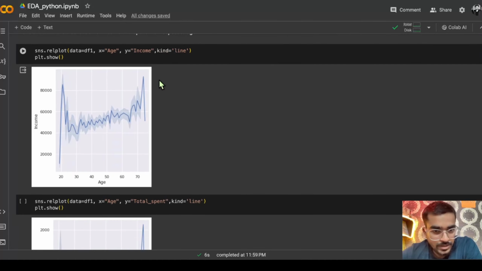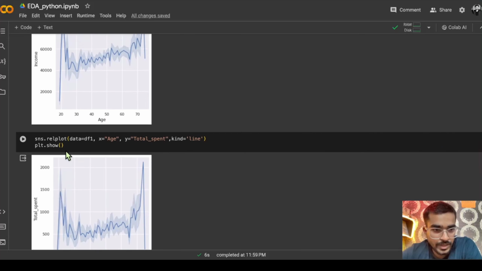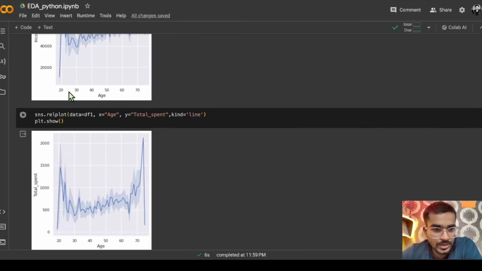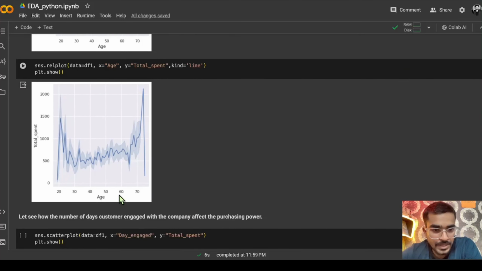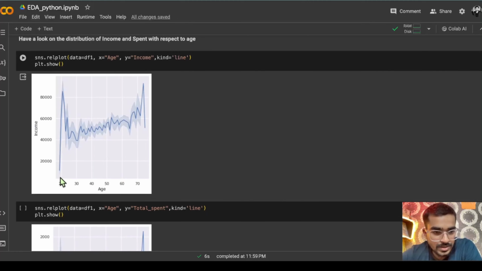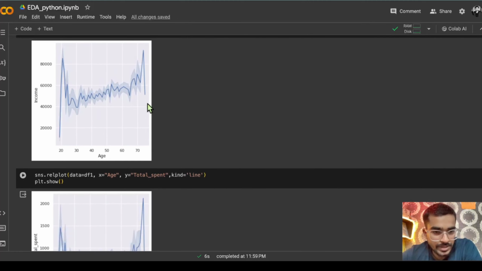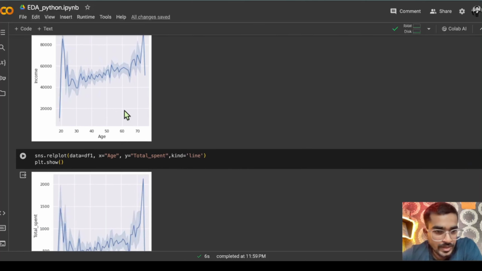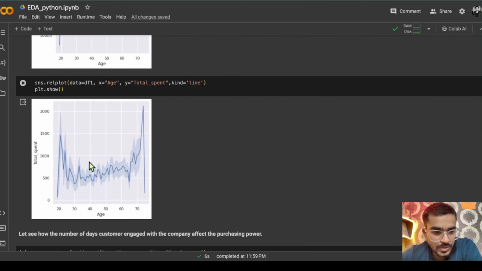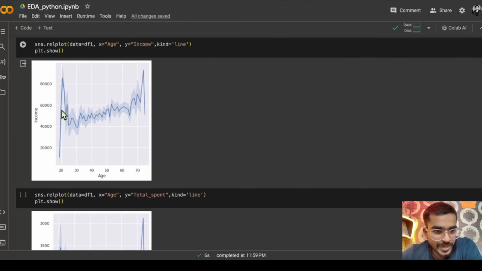with respect to age. So if the age is increasing, is the income increasing or not. So we are taking the graph between income and age, and again total spent and age. So you can see if the age is increasing, there is always an increase in the income. So as the experience increases, there is always an increase in income, and with respect to income, again the total spent is also increasing. So there are some spike values, high peak values that we have, but you